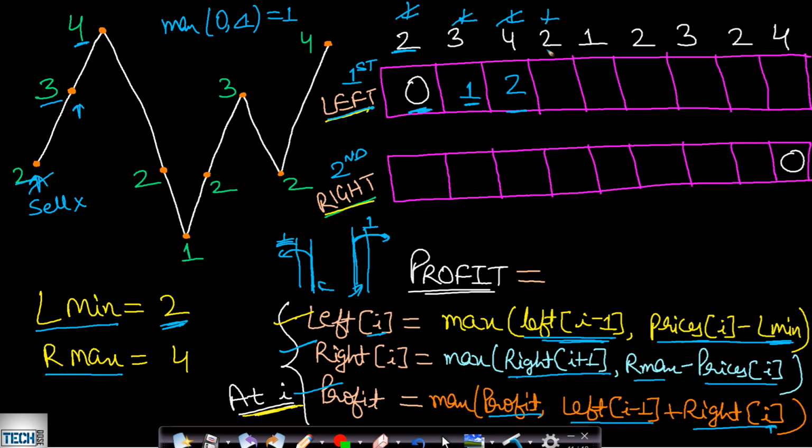Now for the next point, this is 2. So we are at this point 2. Now at this point, what will be the left at I value, which will be the left transaction value? That will be equal to the maximum of the already calculated value, which is 2, comma, the current profit. So the current profit will be 2 minus 2, which will be 0. So selling at this point is not beneficial for us. Therefore, we will take the previous maximum value 2. This is indicating that if we have these 4 points in order to make one transaction, then we will be buying at this point and selling at this point.